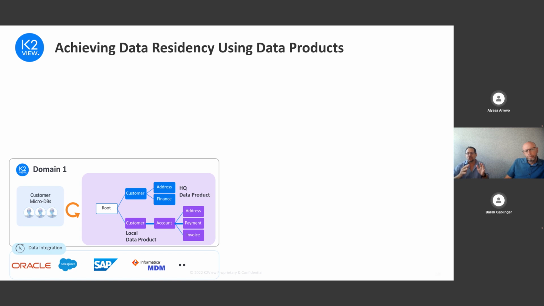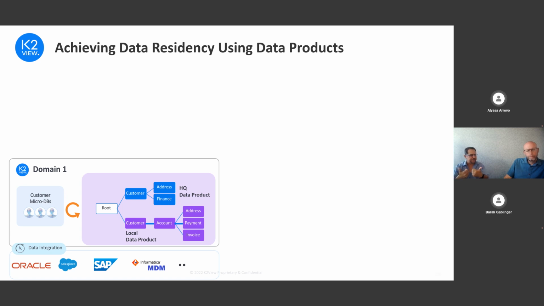So now let's focus on one data domain. In this data domain, there are 2 data products. One is local for this data domain region, which is specific to it. It has its structure that suits its needs. And the other is a normalized one, which will serve the headquarters later on.